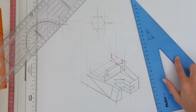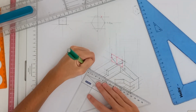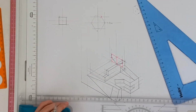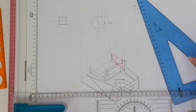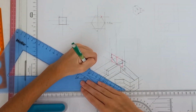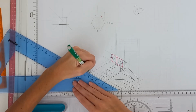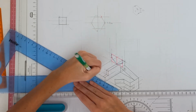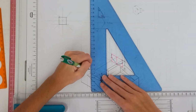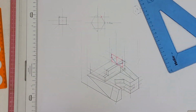Okay, so now before we draw that one in, what I do want to do is measure 5 on the drawing over here, and then we are going to quickly make that line solid, just like this over here. You can also make the bottom solid. You can make this side here solid,